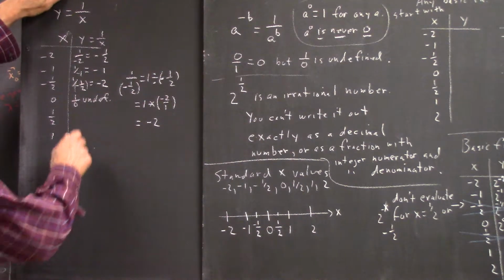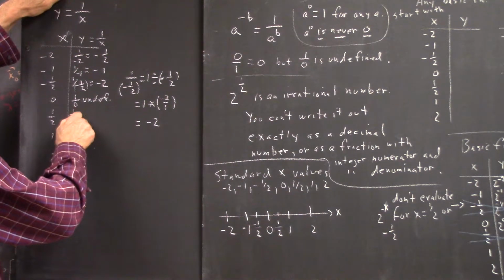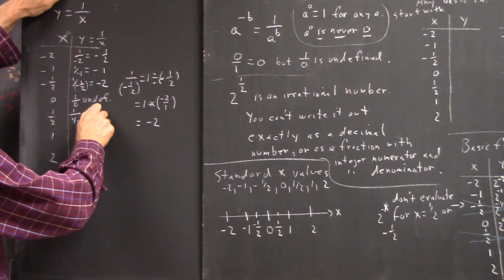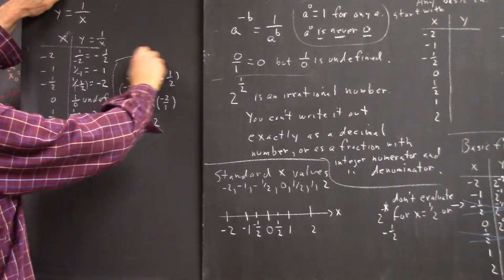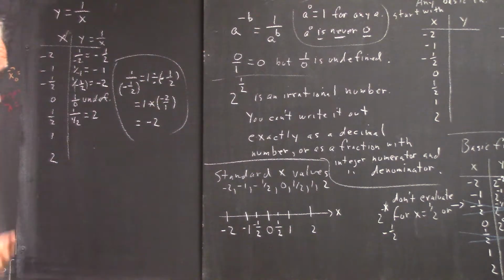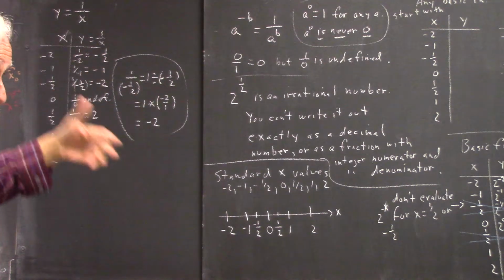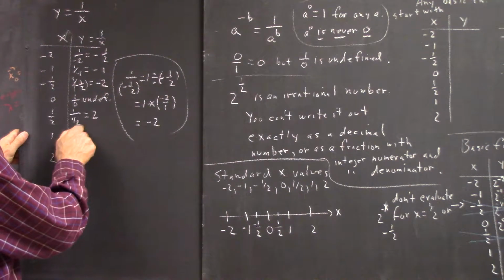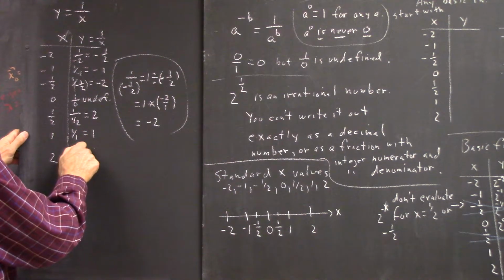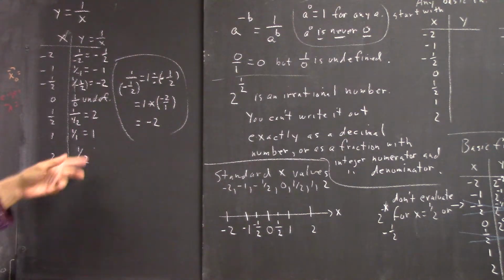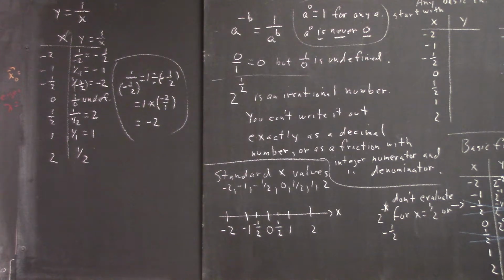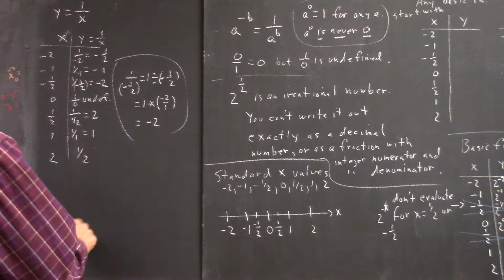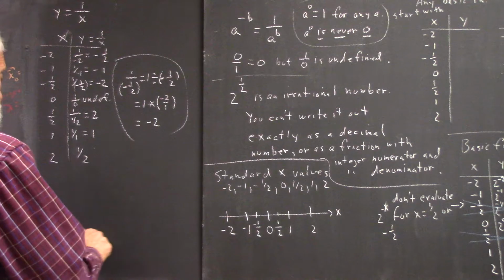Okay, then you have 1 over 1/2, which is 2 for the same reason here. You multiply by the reciprocal of 1/2, it's 1 times 2 over 1, which is 1 times 2, gives you 2. 1 over 1 is 1, and this is 1 over 2, and you don't have to do anything with that, it's 1/2. So that if you now sketch the graph,